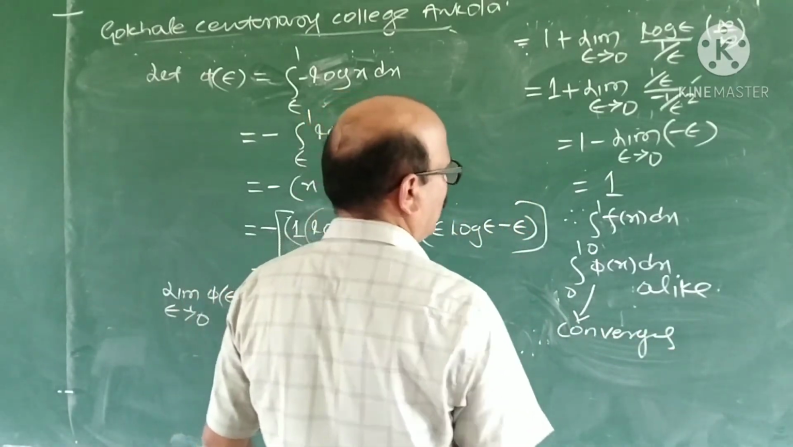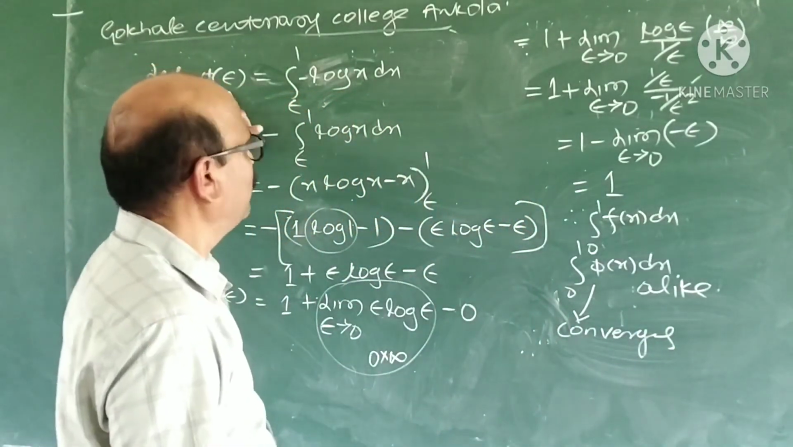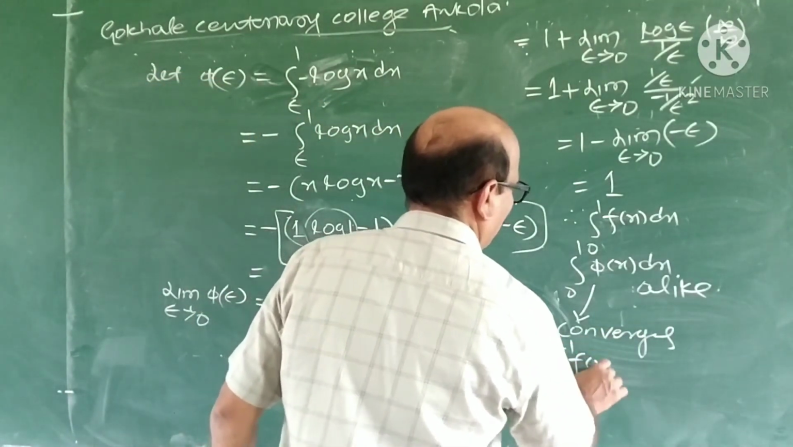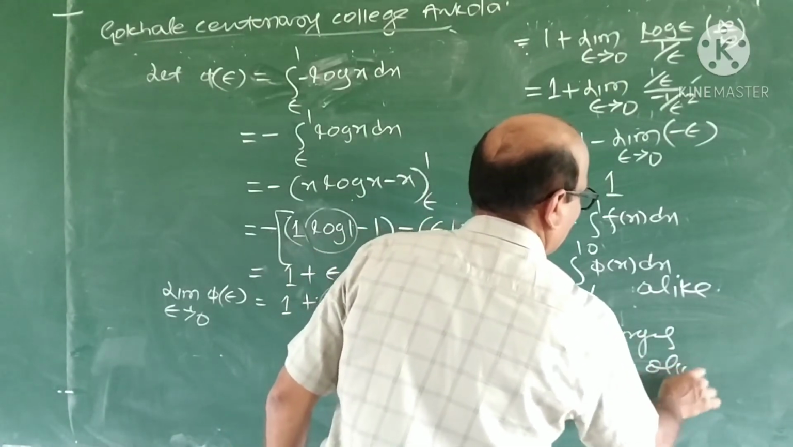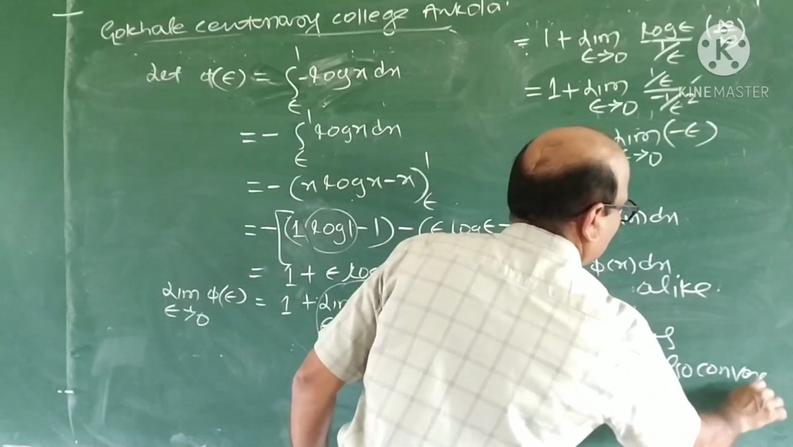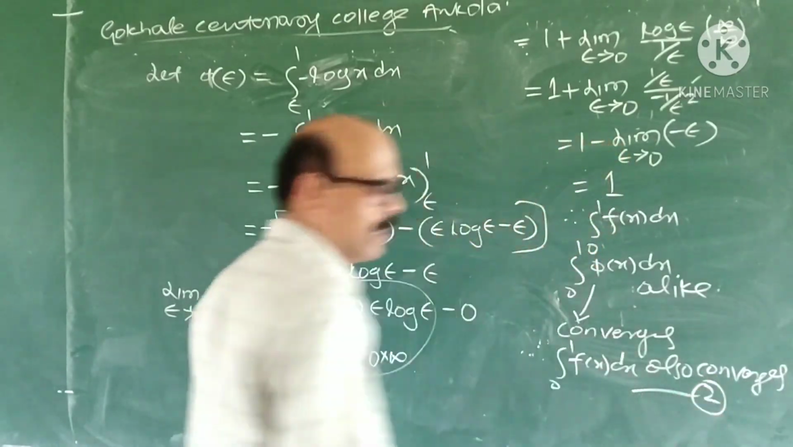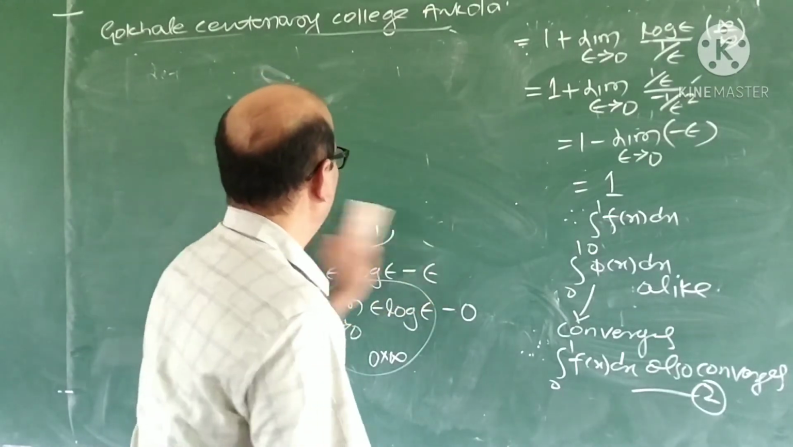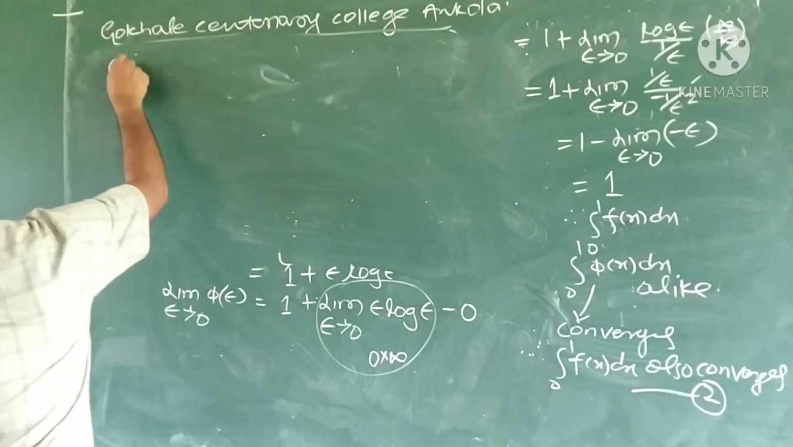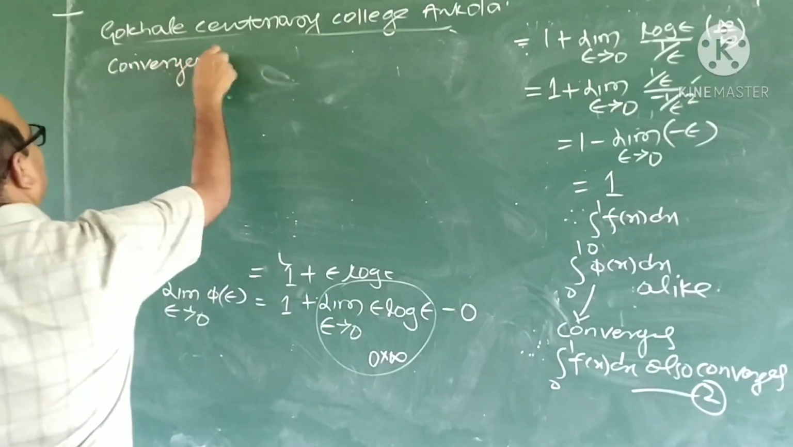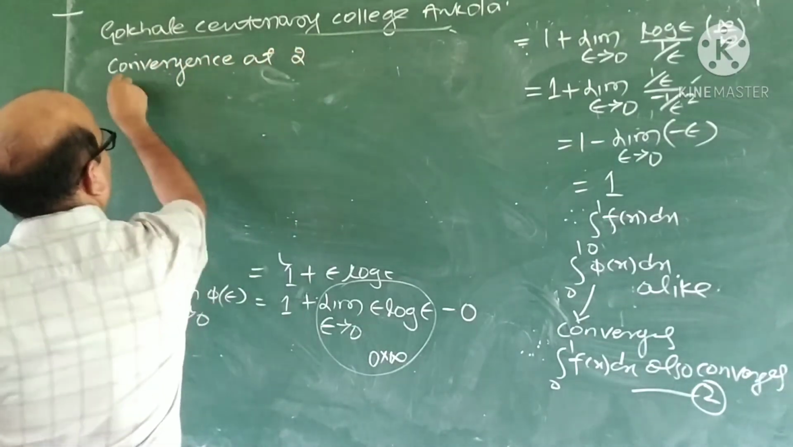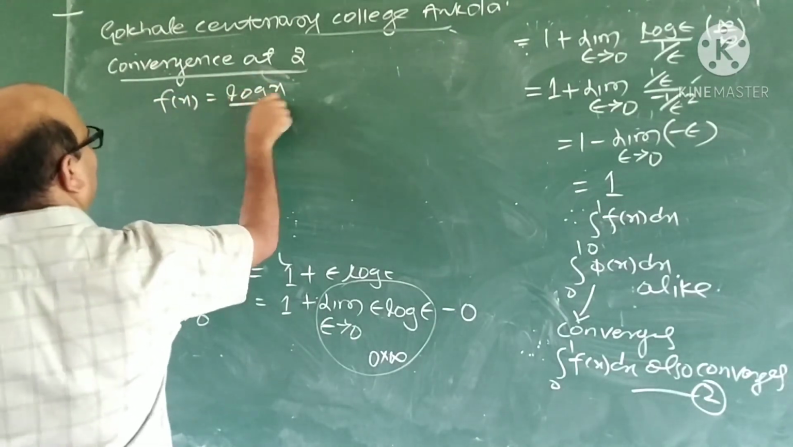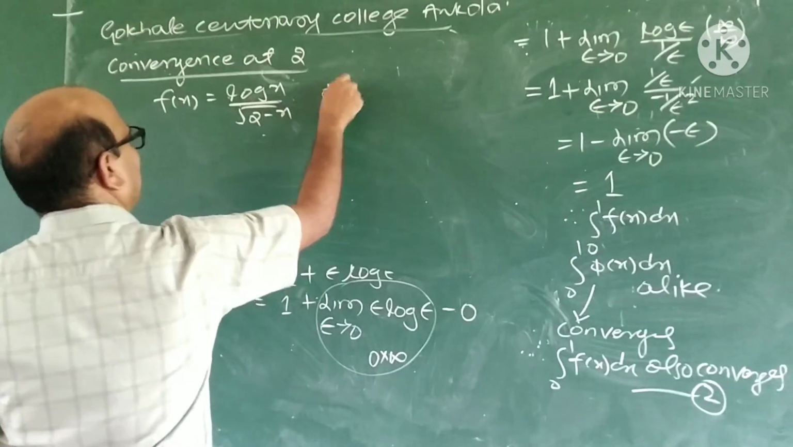Therefore, why does the integral from 0 to 1 of phi(x) dx converge? Because from this it converges. Therefore the integral from 0 to 1 of f(x) dx also converges. Take this as 2. Now we have to test the convergence at 2. Here we take f(x) as log x upon square root of 2 minus x,